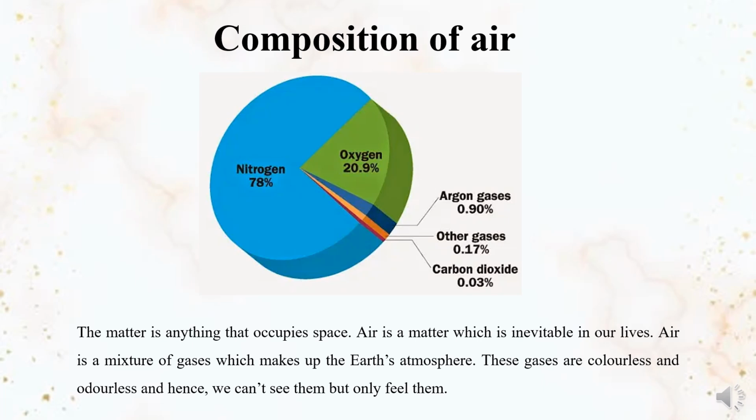The average air temperature diminishes at the rate of 0.6 degrees Celsius for each 100-meter vertical height, and one standard atmosphere is defined as the pressure equal to that exerted by a 760 mm column of mercury at 0 degrees Celsius, sea level and standard gravity. Other components of air are sulfur dioxide, methane, nitrous oxide, ozone, nitrogen dioxide, iodine, carbon monoxide, ammonia, etc.